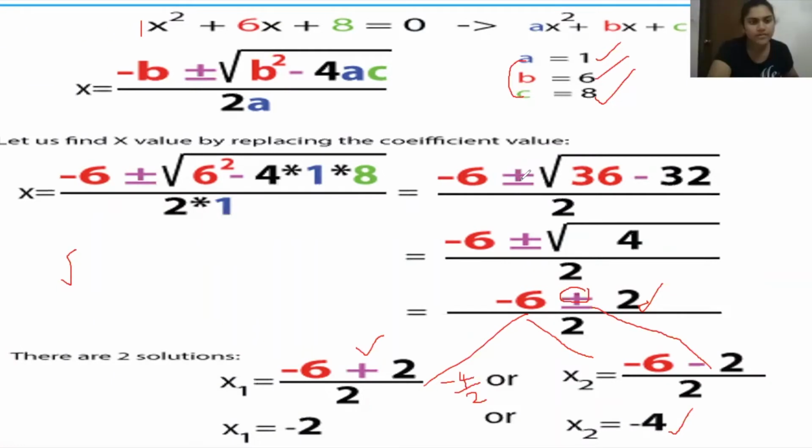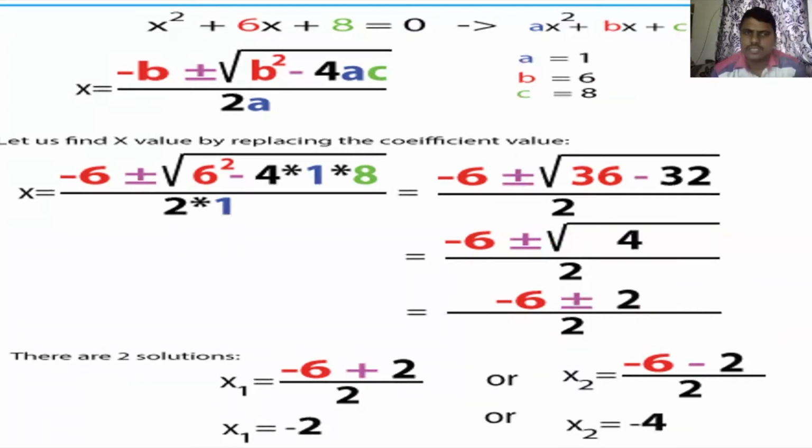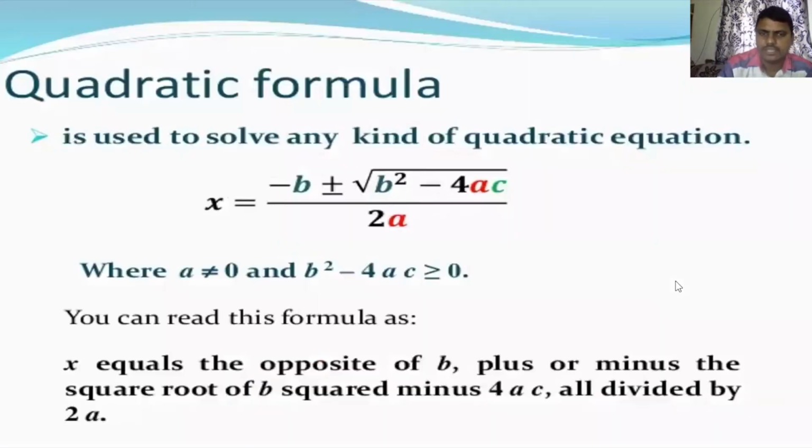How do we know where we should take plus or minus? Just plus or minus will continue in the full sum at the end, divided into two parts, because this is a quadratic equation, so we have two solutions. Better than writing the formula two times, we write it one time only: plus is there, minus is there. For the final answer, one time you take plus, one time you take minus. A quadratic equation has two solutions. This is the only topic today, just very simple.